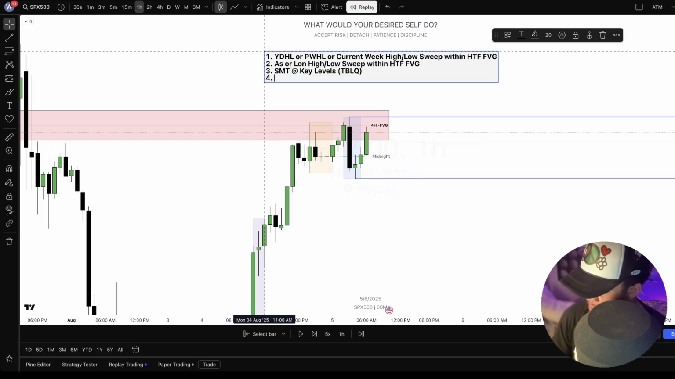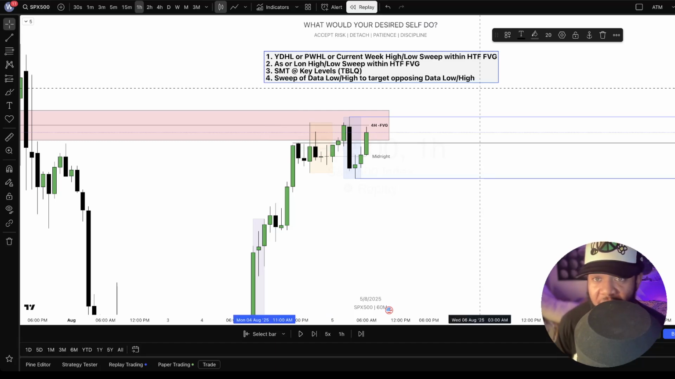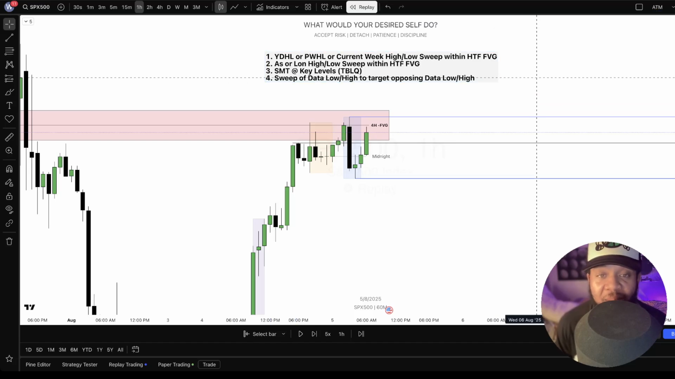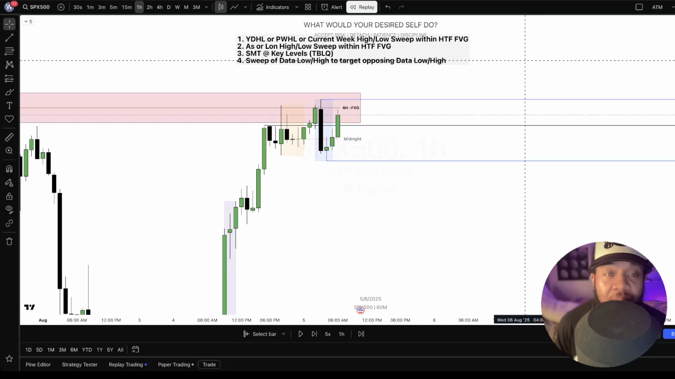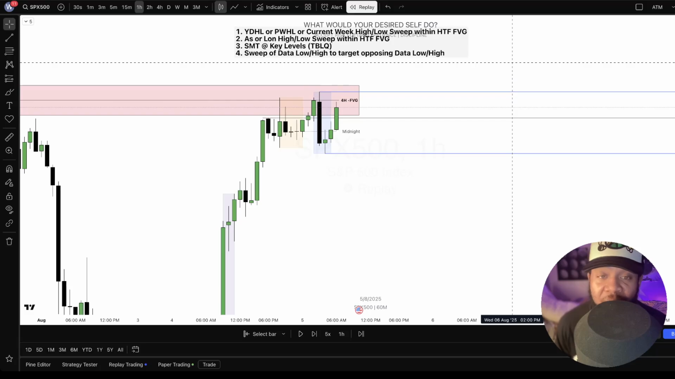And then the other one, I do like a sweep of data low or the high to target opposing data low or high. But I only have examples for the first three, right? I might post an example of the last one another day. But getting into my first example of today